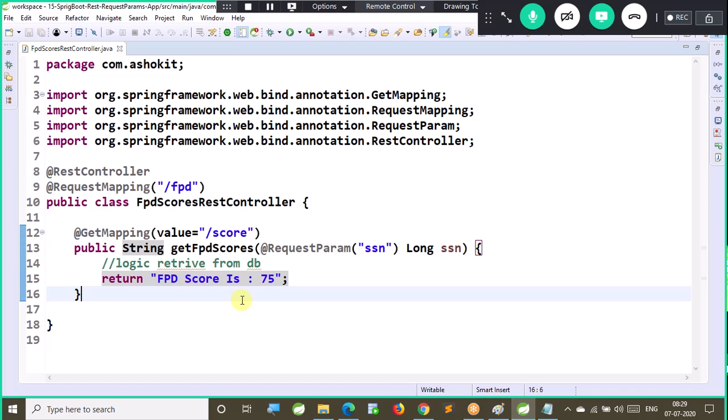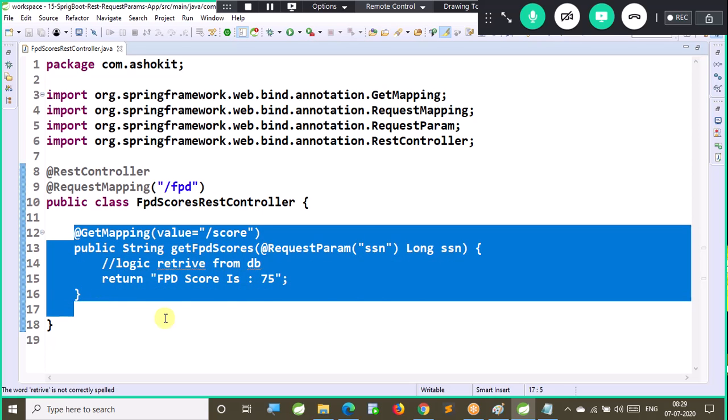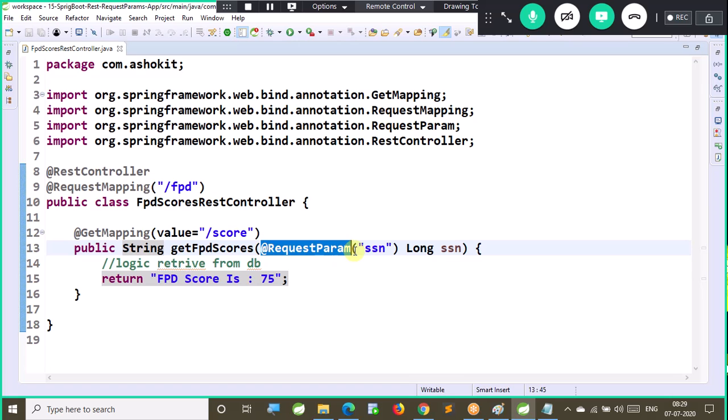Now first I am talking about query parameters. What is a query parameter? A query parameter is used to send the data in the URL from the client system to the server system in the form of key and value. Now, if a client is sending the data in the form of key and value, how will the resource method read that query parameter value? By using the @RequestParam annotation. I am specifying the key here. So what is the purpose of the @RequestParam annotation? It is used to inject the query parameter value into the method parameter based on the key.